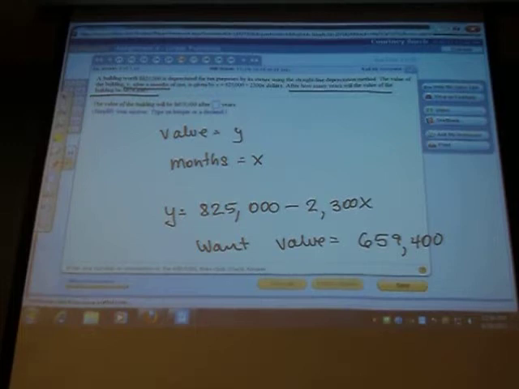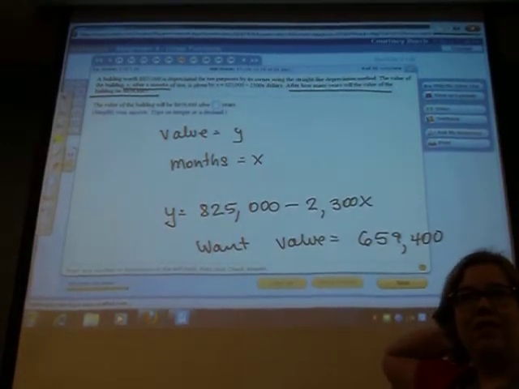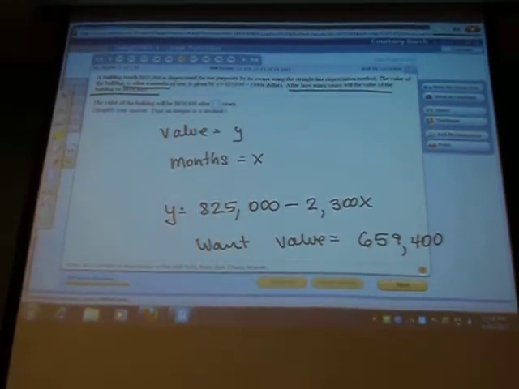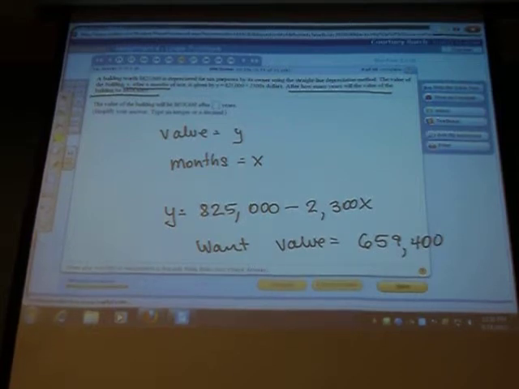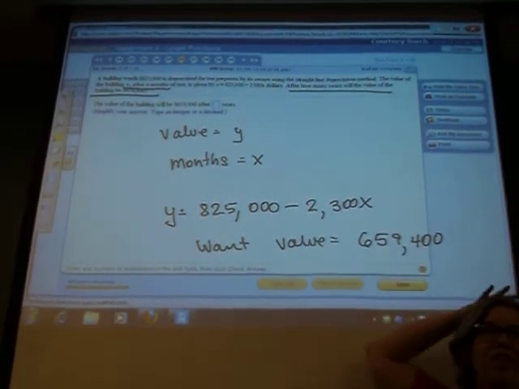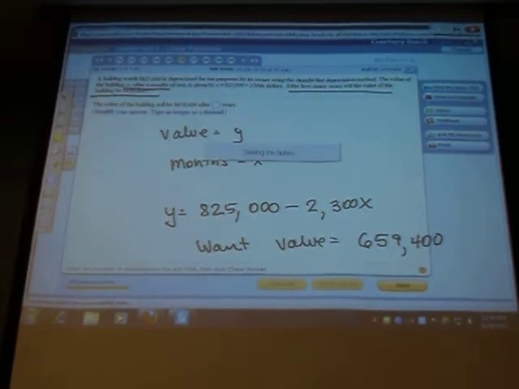But what am I looking for here? I'm looking for my Y value to be this. Wouldn't you just plug that number into the equation? Yes, that's what I would do. Now, if you're guessing and checking, then some people would just plug in X values until you get the right Y value. And theoretically, that's okay. To me, that's too much work. Okay? Because what we want to do is